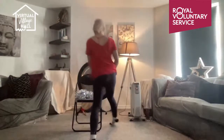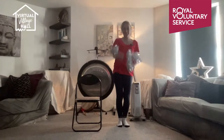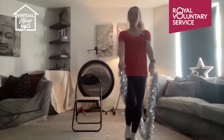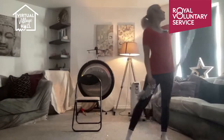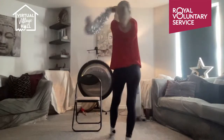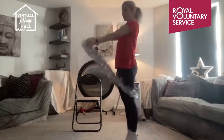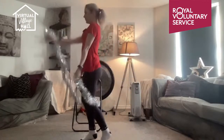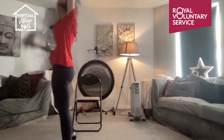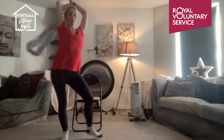You lift, turn, pull the tinsel over, and walk. 2, 3, 4. Hand up, other hand up, and you turn. 2, 3, 4. Do it again. 1, 2, 3, 4, and hand up. Other hand goes, and you turn. 2, 3,